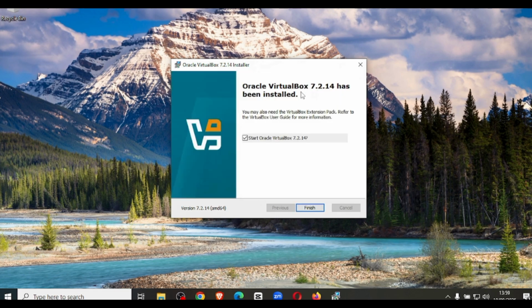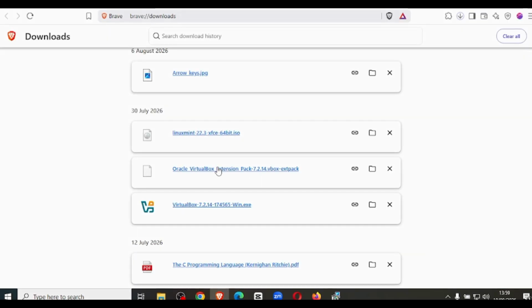So Oracle VirtualBox 7.2.1 has been installed. You may need the VirtualBox extension pack. Refer to the VirtualBox user guide for information. You will install this pack, but ensure the extension pack is the same version as your installer. So I installed VirtualBox version 7.2.14. I also have extension pack version 7.2.14. You can get the extension pack here,